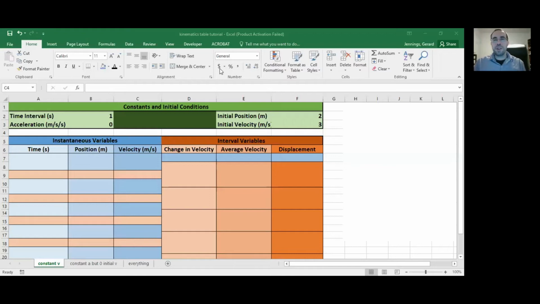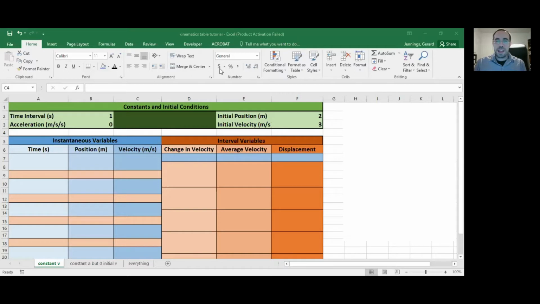Hi, in this lesson, we're going to look at a spreadsheet activity. The goal of this activity is to help you link up the ideas of displacement, position, with acceleration. Since they appear in two different equations, but not in the same equation, at least with the two that we have so far. I'm going to take you through a very simple example and then a somewhat more complicated example,